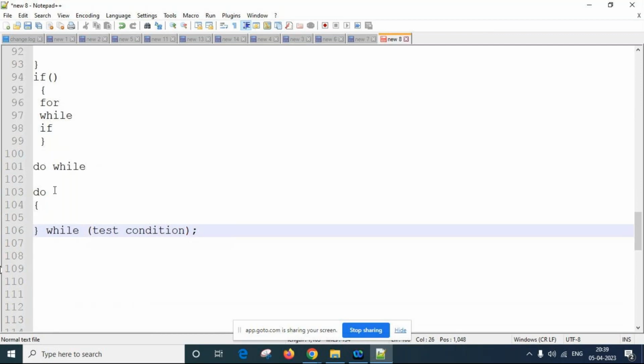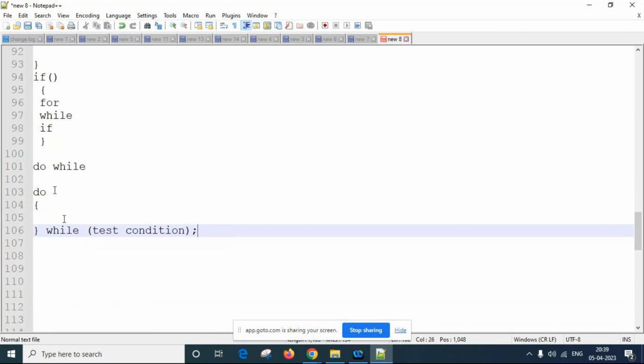Then a semicolon is mandatory here. For a do while, we have to end with a semicolon, since otherwise the compiler will treat it as one more while statement, and there will be a compilation error if we don't end with a semicolon.